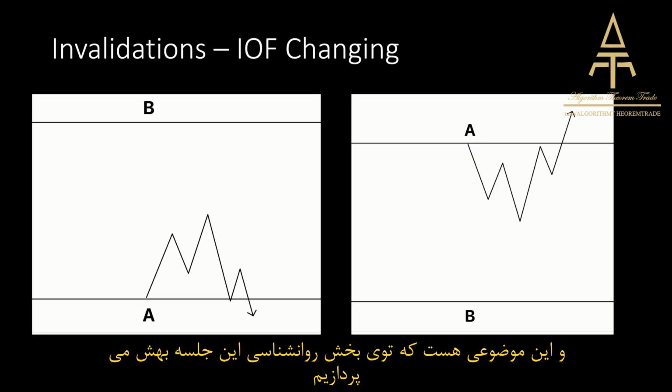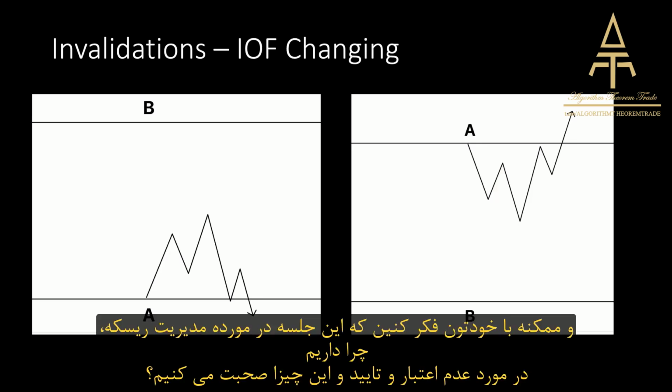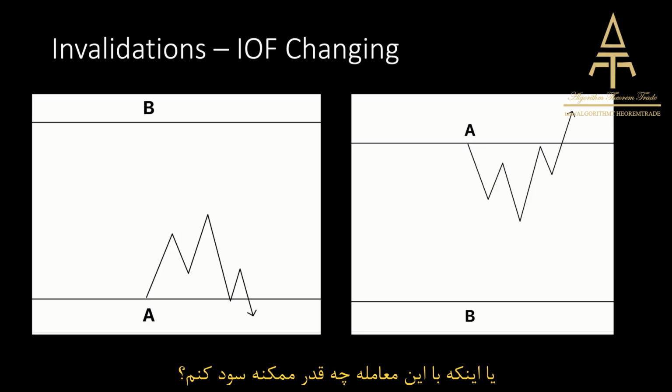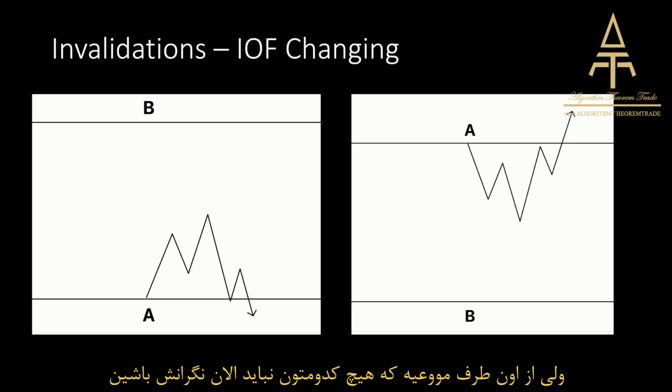And that's a topic that we will discuss during the psychology part of this lecture, which is where I want to put the emphasis. And you might be thinking, risk management, why are we speaking about invalidations, confirmations, whatever? It's because risk management isn't just a calculation of how much RR can I make, or how much money can I make from this trade, or how much money can I lose from this trade. That's the most simplest form of risk management. And that's the monetary side of things. That's the equity side of things. And that's very important to know and to have rules for. But it is not something that any of you should be worried about right now.